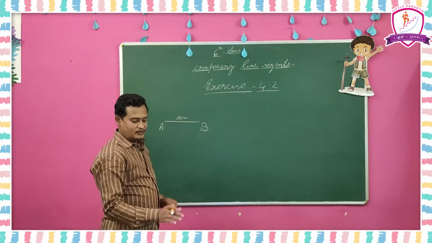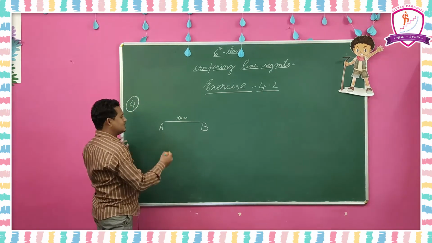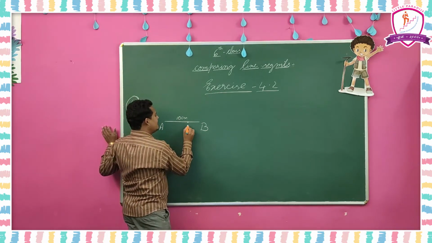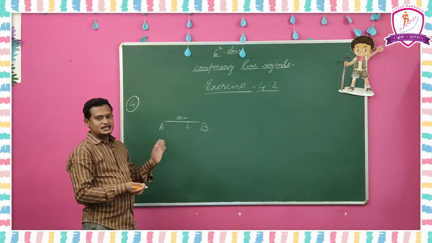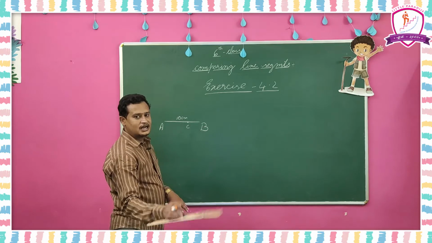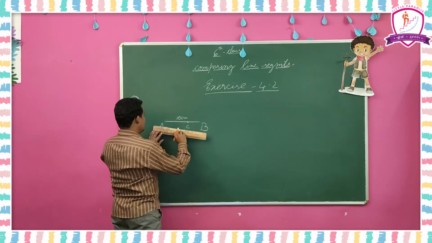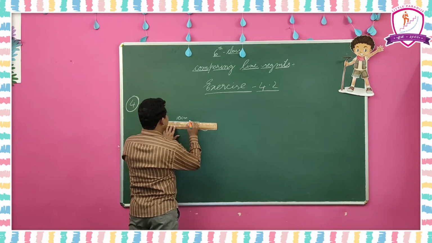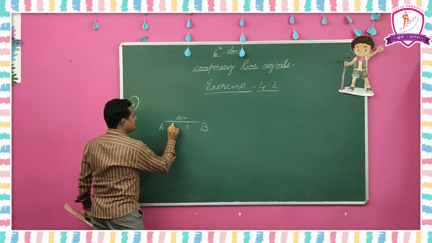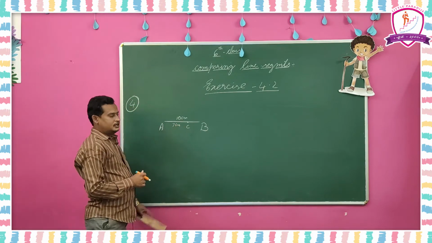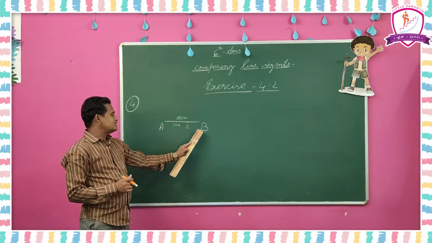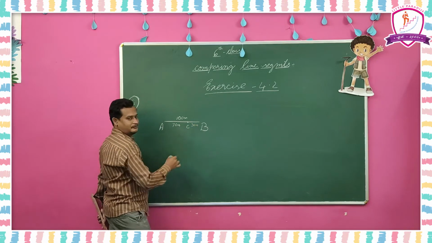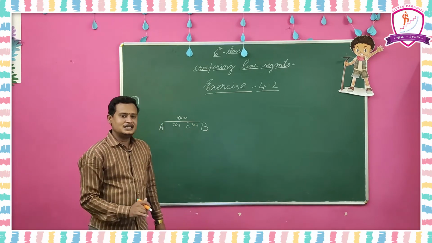Downside you have to put a point. Anywhere you can put a point, just simply put it like this. Put a point in between A and B, it is C. After putting that point, now again take the scale and measure AC. Nearly it is at 7 centimeters. So I got 7 centimeters here. If AC is 7 centimeters, what about the distance from C to B? A to C is 7 centimeters, so B to C will become 3 centimeters automatically.